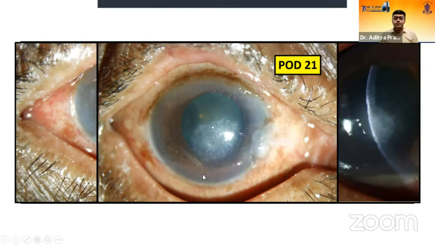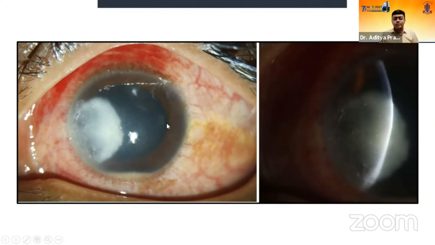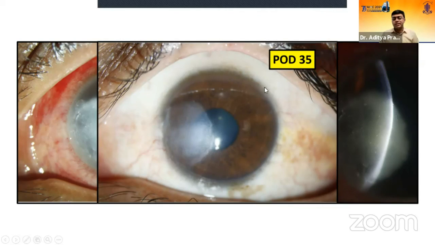which has formed. And the last case, I believe, this peripheral ulcer, again in the time of lockdown, not many management options were available. Proven fungal on KOH 10, and finally the culture report also came to be positive for Aspergillus. This was a streak hypopyon also in the anterior chamber. This is after 35 days with adequate topical antimicrobial antifungal therapy and a tarsorrhaphy as well to provide tectonic support. Nice scar has been achieved.